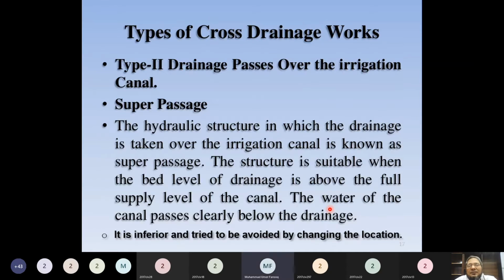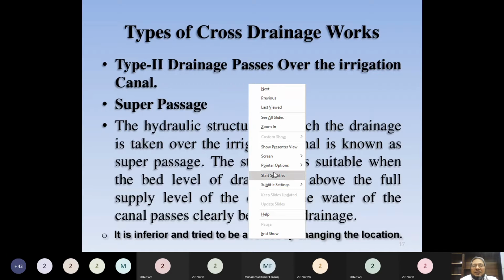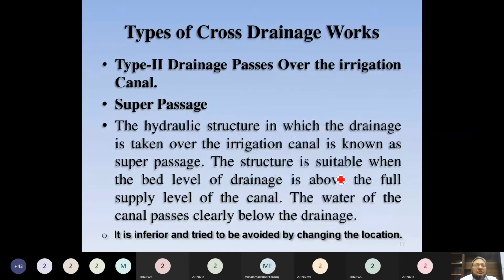Right, now sir. next जो टाइप 2 की स्ट्रक्चर है उसका क्या नाम है Siphon Superpassing now we would like to discuss the Siphon Superpassing this one